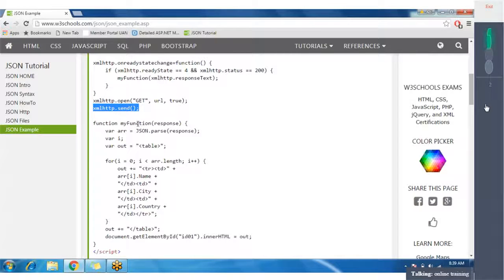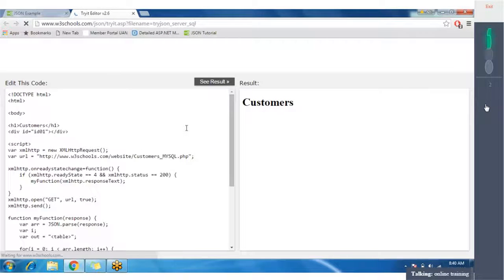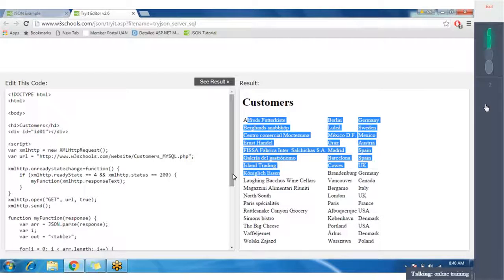And here you can see that my function will be called from here, and it will get the data from the server in this response parameter. This will be in a JSON format. So it is converting that data with the help of JSON.parse into an array object, and with the help of the array, it is iterating and preparing one TR, and it will finally append it into TD. Let's see what it's doing. It is making this. You can see that. So let me show you what data.